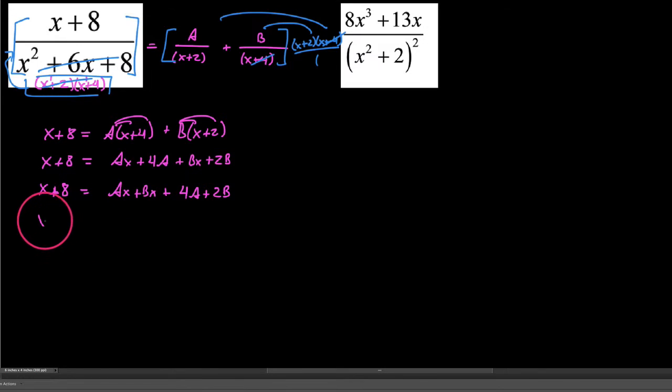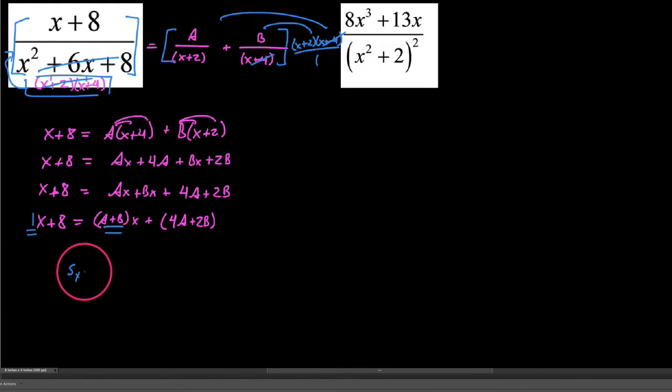And then we're going to group these. So we say x + 8 is equal to (A + B) of these x things, and then this constant here. The fun thing about it is because it has no variable, we'll just say that all of that right there represents our constant. So now we can say that this 1 right here has to be the same thing as A + B. Let's go ahead and write out our system here. We say that we've determined that A + B must be equal to 1 due to the one-to-one property, and then this 8 right here has to be equal to 4A + 2B, so we get 4A + 2B